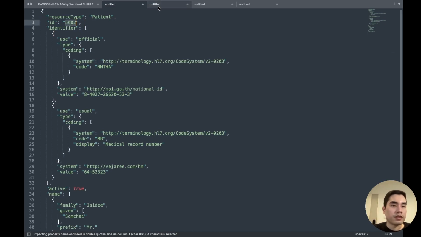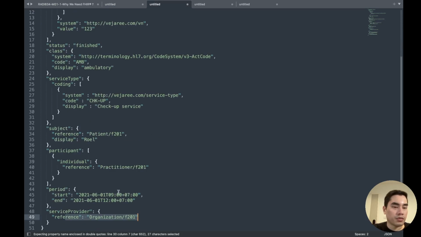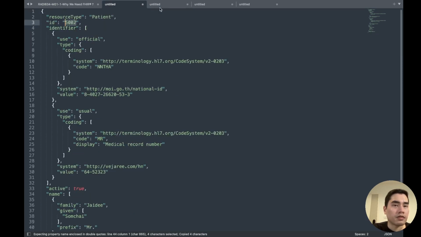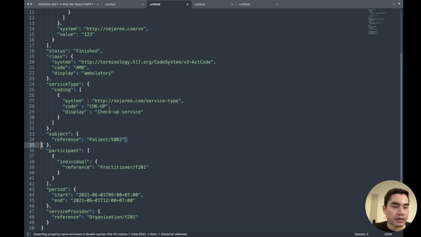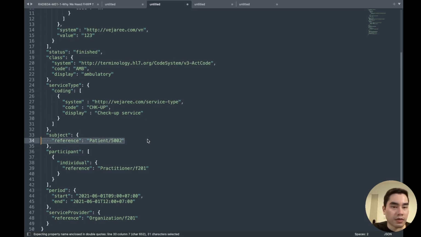If you want to reference this patient, you can put it here, reference type, and then patient ID is 5002. This display is just for text, don't need it. So this is the literal reference.